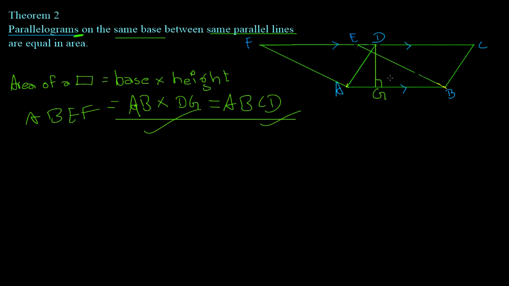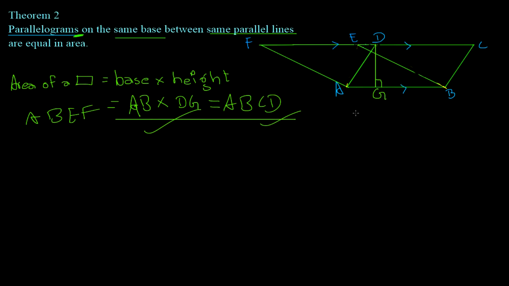But proving it with theorem 3 will be a bit more long, and proving it from this concept will be a bit easy. So this is another way to prove that the parallelograms on the same base between same parallel lines are equal in area. And you might say that the height DZ can be variable, meaning it is different for parallelogram ABEF and different for ABCD. But if you have not noticed, it is standing between two parallel lines AB and